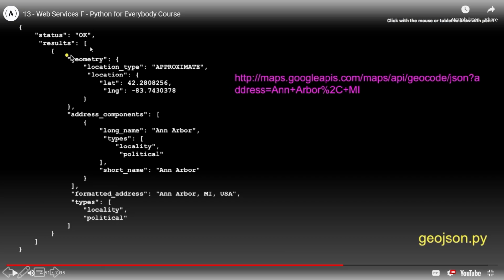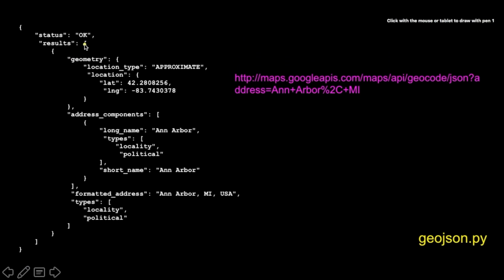This is the JSON that comes back when we ask Google this through the API. They give us this JSON, and there's going to be a status equals OK. That's what he's talking about. But then it has a list, and the zero item, this list starts here and goes there. I'm only going to show part of it, but there's many things here.